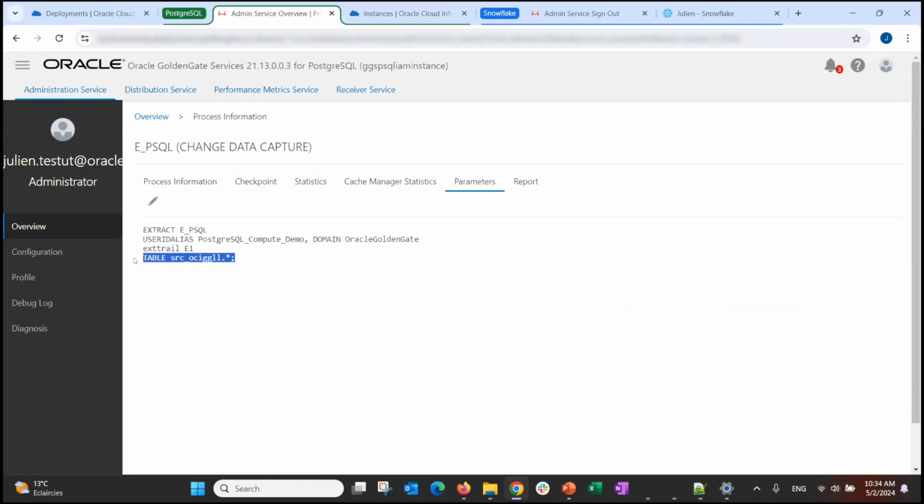We're grabbing data from any table that's part of that src OCI GGLL schema, and my trail is called E1, and that's pretty important. So remember that it's called E1 here. And then within my